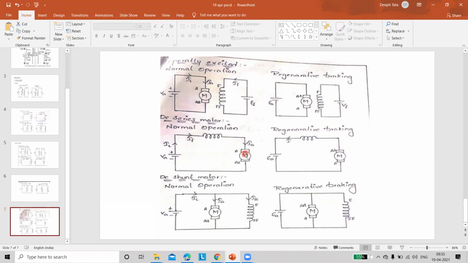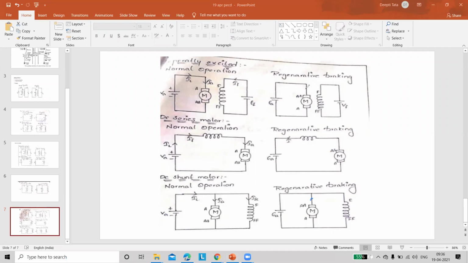Aman, listen. Whenever the voltage terminals are reversed, the current is also going to be reversed. Just see the figure. The current is leaving from the armature. The same thing is going to exist. That means there is a small problem here. That's why they are not indicating the current.